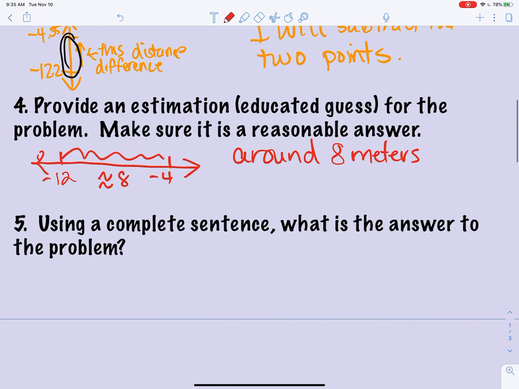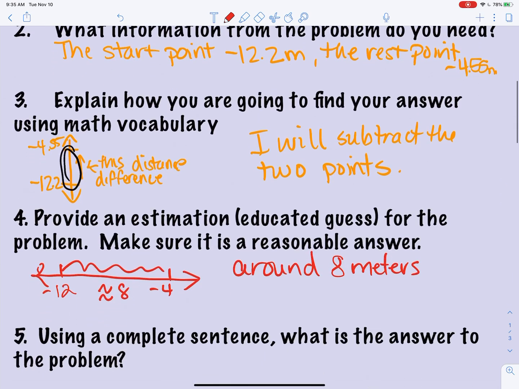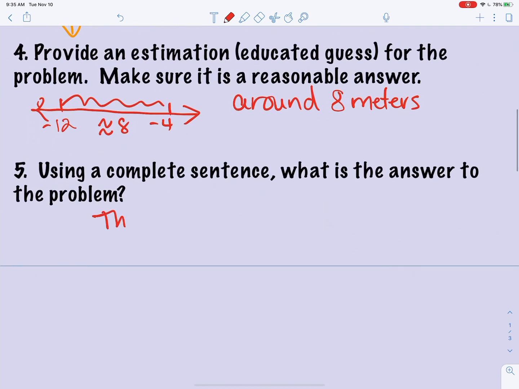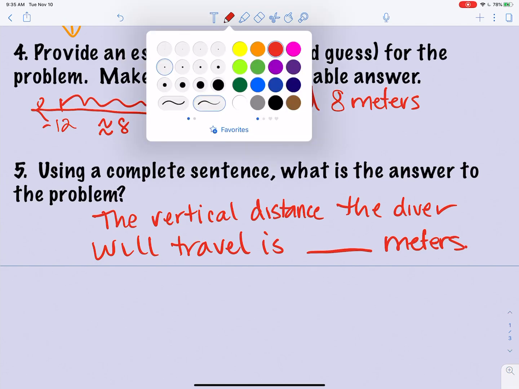Use a complete sentence. What is the answer to the problem? Okay, so my complete sentence will come from the question. The vertical distance that the diver will travel is blank meters. And since we said we were finding the difference, I will need to use the math that was